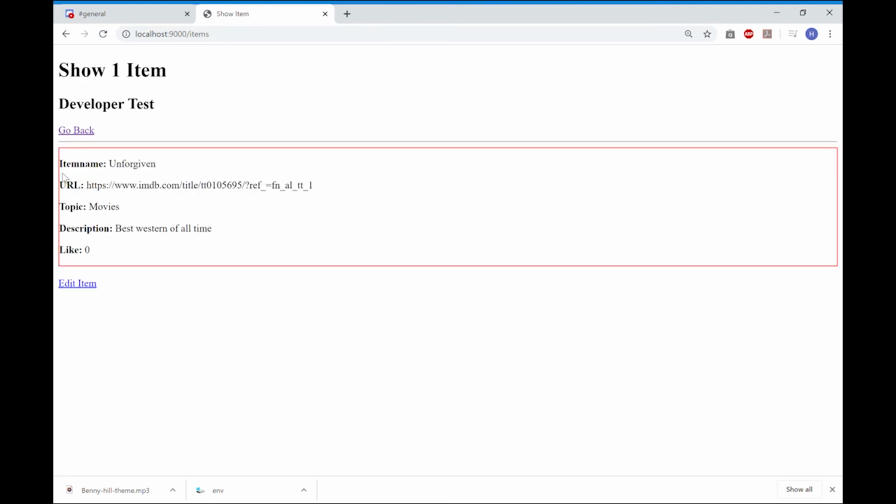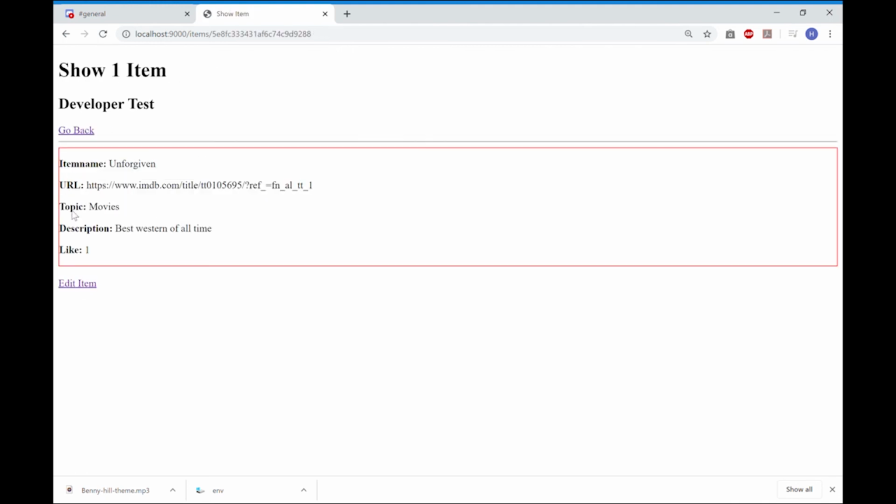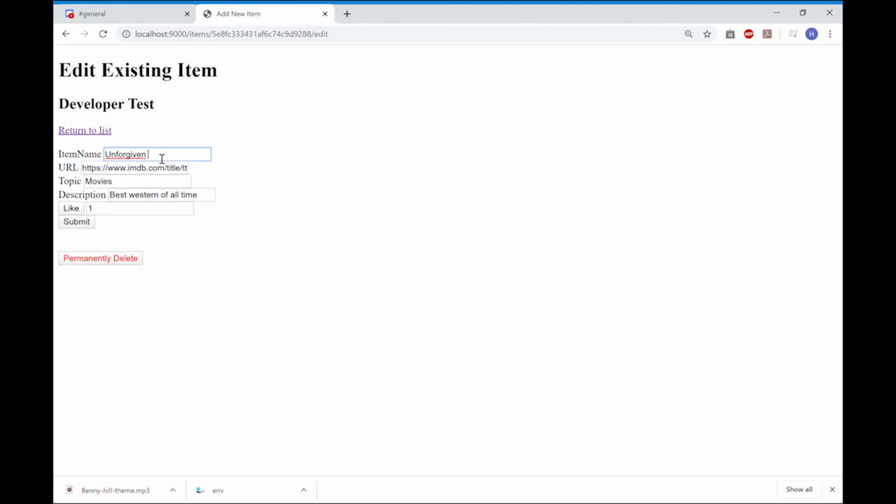You can see here the item is created, and this is one attribute, likes, which is 0. We want to add a like button for the item later, so that's why it's there. And you can click on the item, and you can click like, and the like will increase by 1. And you can change the name of the movie, such as Unforgiven 1,